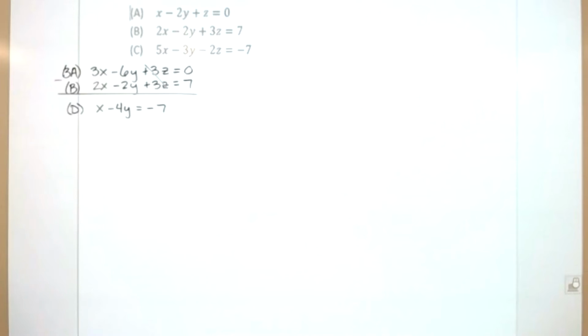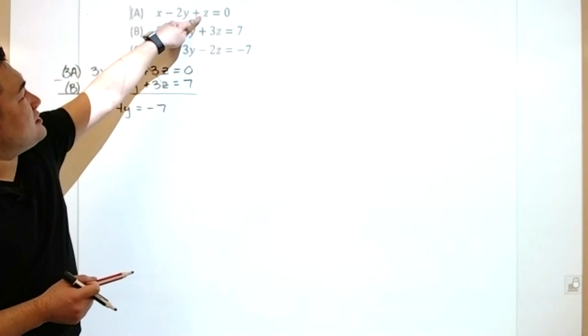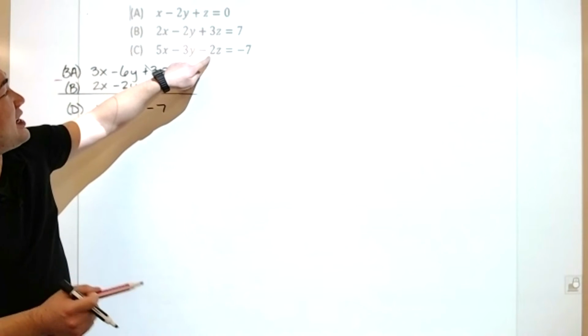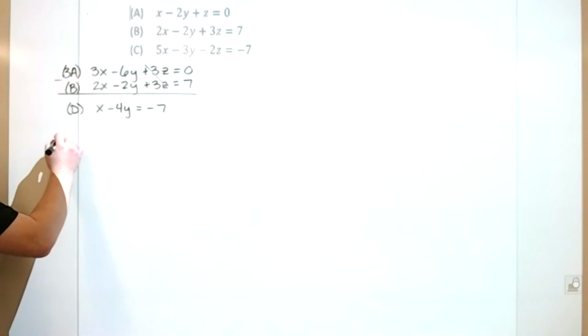Someone in chat asked, would it matter if I did A and C instead of A and B? No, because what I'm actually going to do next is A and C, because I need to do another combination. After I do this combination, I need to do another combination. So I'm going to do A and C as well, just like you did. And this time, I'm still eliminating z. So this time, I'm going to multiply A by 2 so that this becomes 2z, which will match exactly opposite of this negative 2z. So this will be 2A,